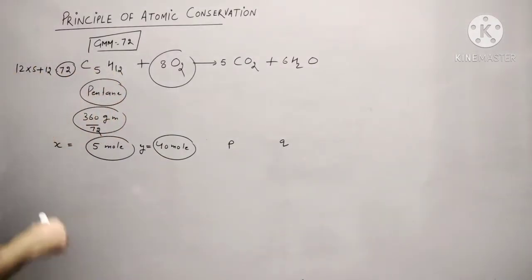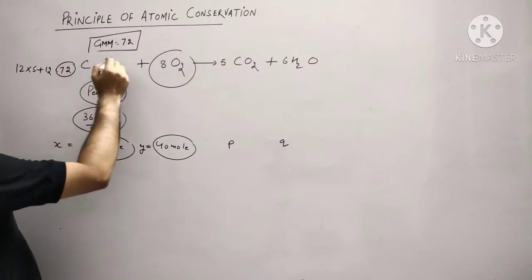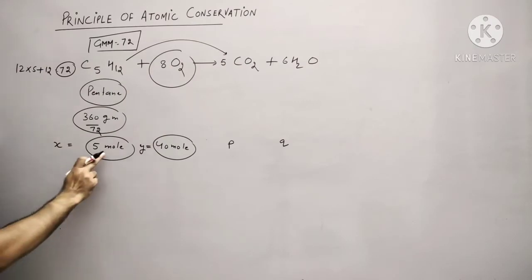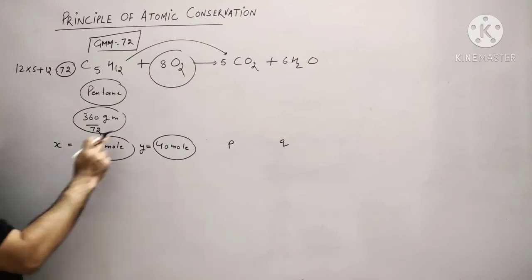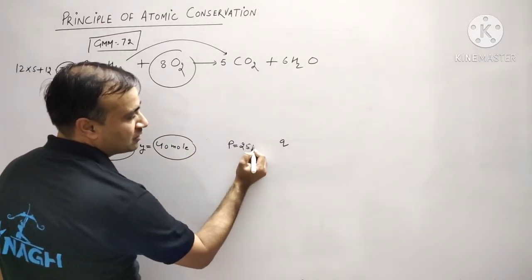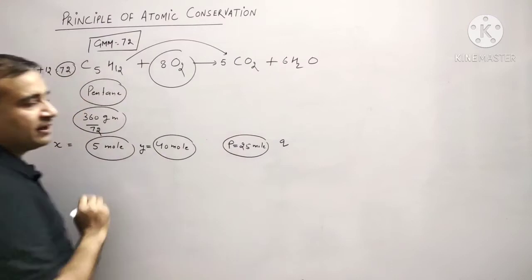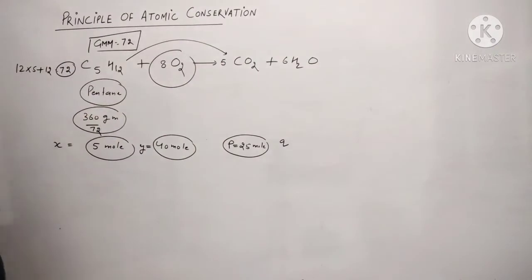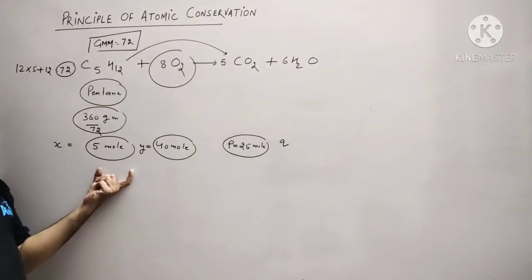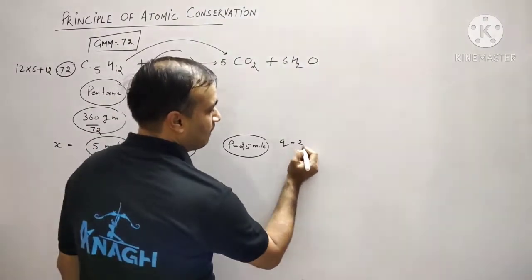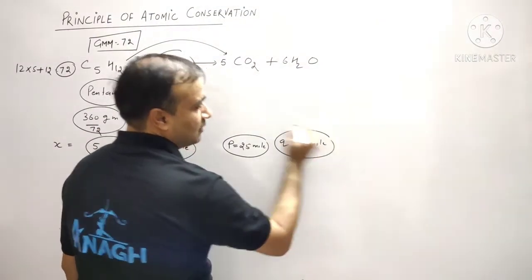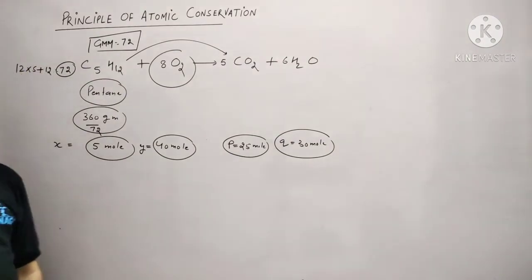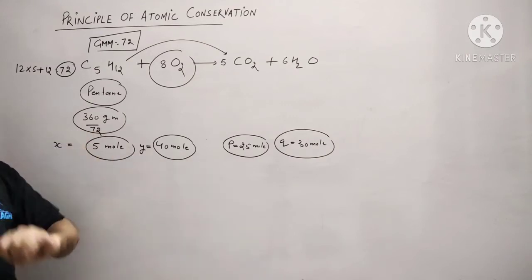So what will happen? By stoichiometric calculation, we can see that 1 mole of pentane is going to form 5 moles of CO2. It means if 5 moles of pentane react completely, it will give how many moles of CO2? These number of moles must be 25. Similarly, if 1 mole of pentane is going to give 6 moles of water, how many moles of water must be formed by using 5 moles of this? That is 30 moles. So, in stoichiometric calculations, number of moles of CO2 is 25 and number of moles of water is 30.